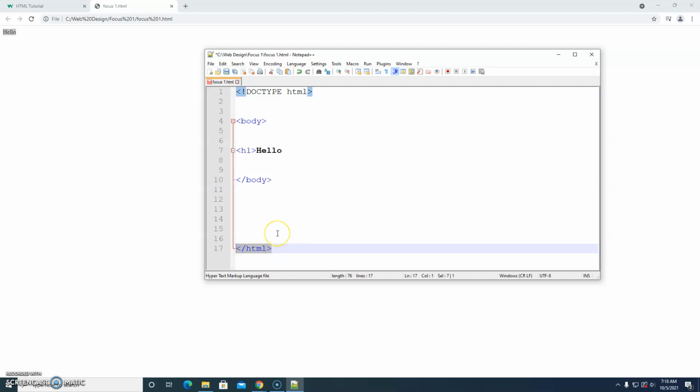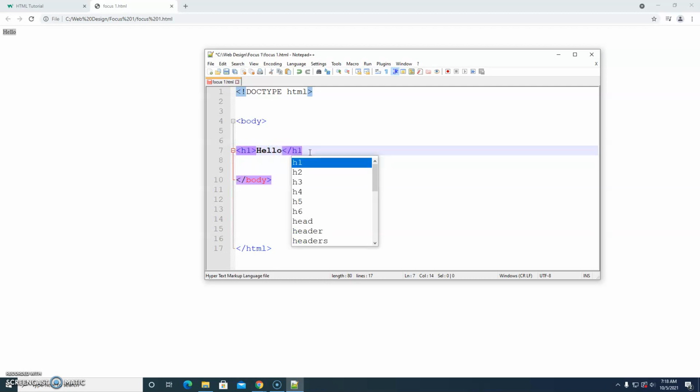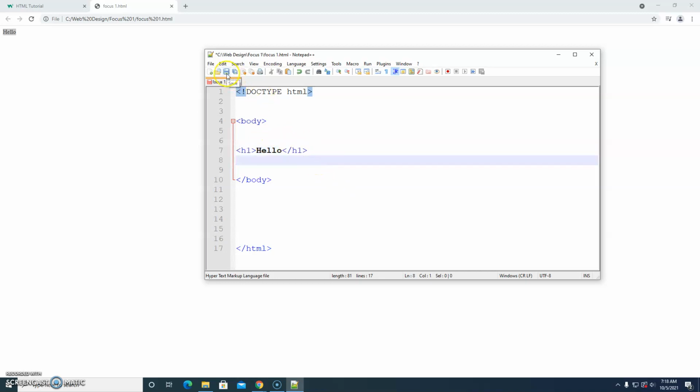HTML is all about tags. The same with the body and the HTML. When we open a tag, we need to know when to close the tag. Okay, so tags come in pairs. Open it, and then don't forget to close it. So let's save, and let's refresh. Yay, okay. So that tag has helped me to put the text element onto the web page, and